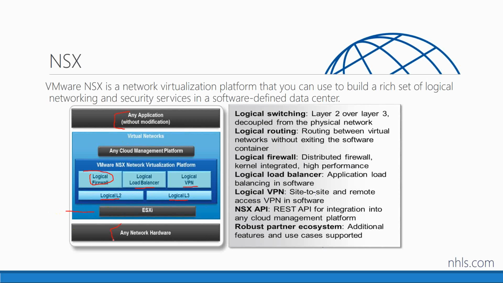When you look down at the bottom, it says any networking hardware. Do our ESXi hosts need network cards in them? Of course they do. We're going to put gigabit NICs there. We're going to put 10 gig NICs there. Absolutely. But unlike other vendors' solutions, which are quality solutions, but this is very different, no special hardware. If it works on an ESXi server, it works with NSX. Truly software-defined networking.